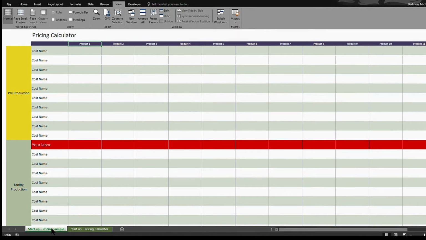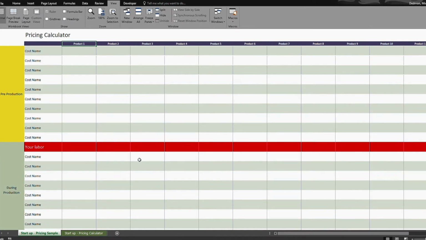The second thing is you need to have a system. So I believe that when you are thinking about adding another product to your store, to your website, or you want to add a webinar, whatever you're trying to do, whatever product or service you're trying to sell, I think you should have some type of system on how to price that. So having something like this allows for you to not only be organized, but then you create a system on how you're going to be pricing your items.